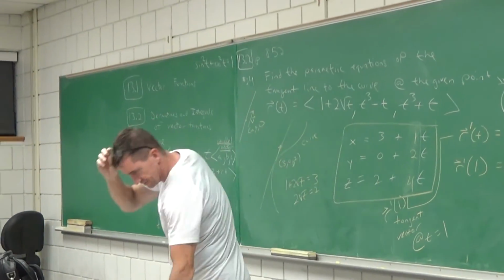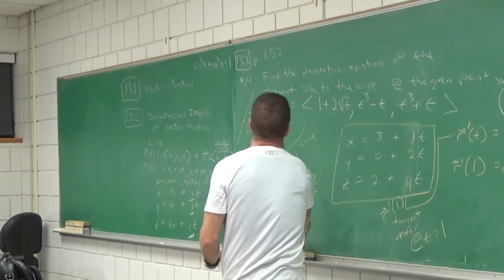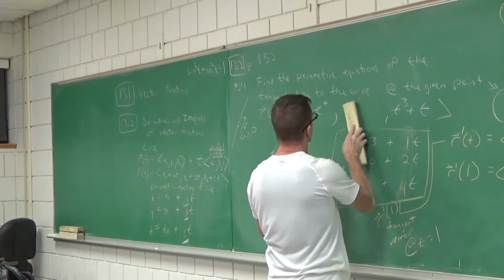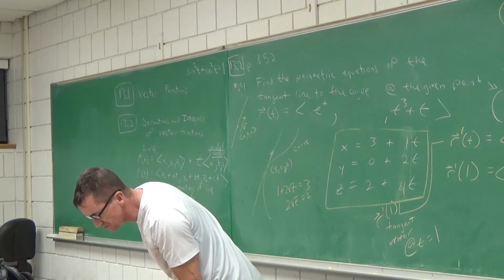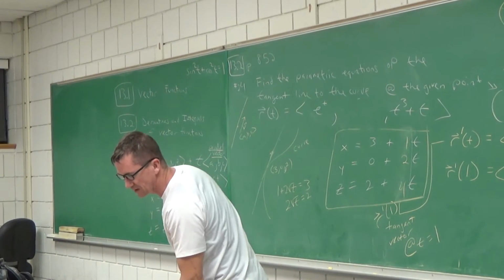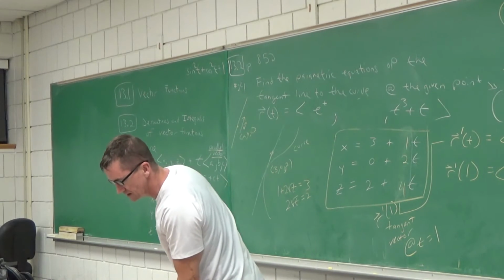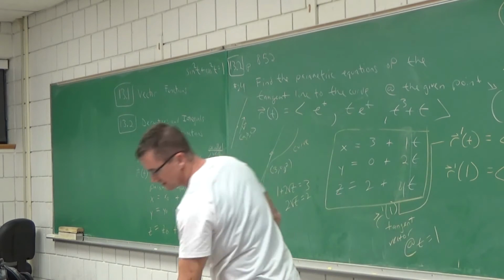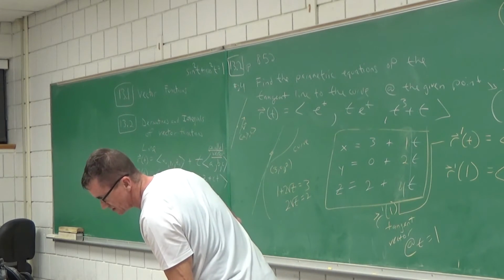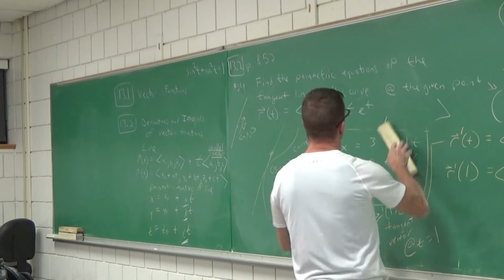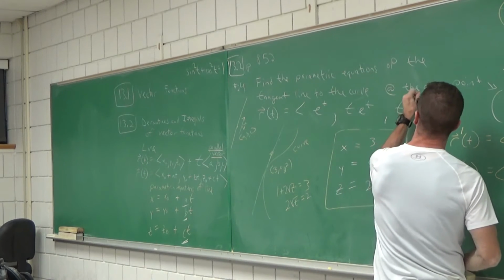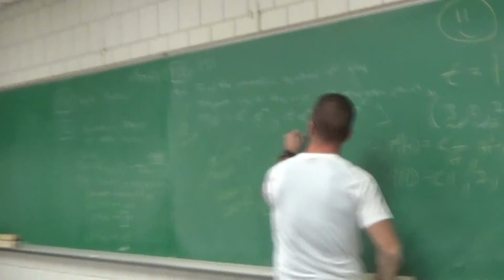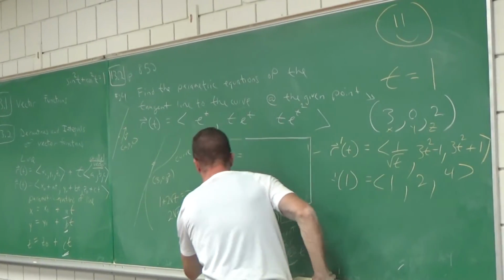They've got x equals e to the t. The y equals, by the way, you both wrote them in parametric form. I'm writing as a vector. T e to the t. And the last one is t e to the t squared. Okay. Wipe this out. Can you come up with the parametric equations of the line?